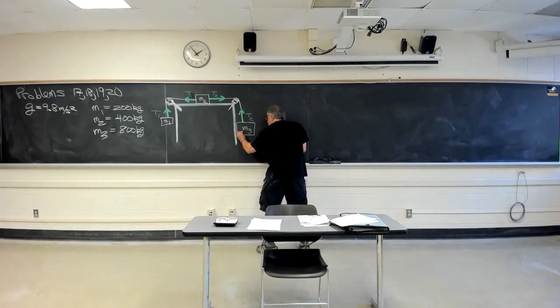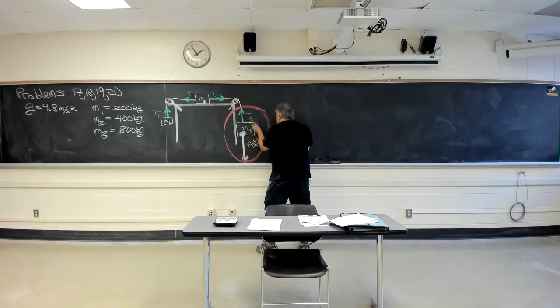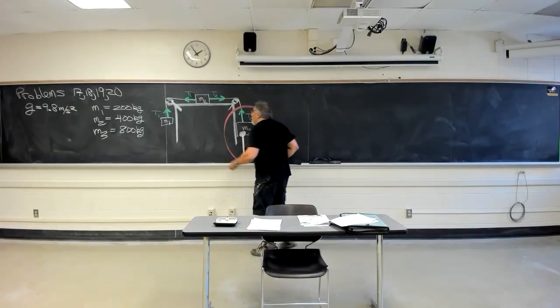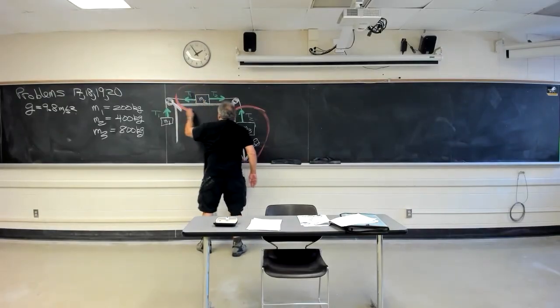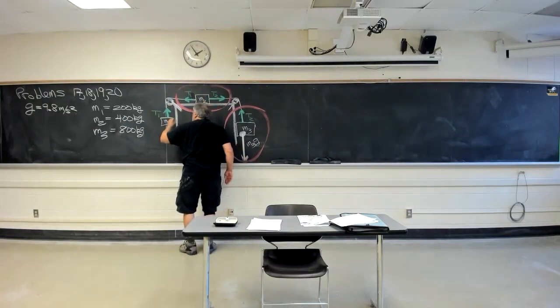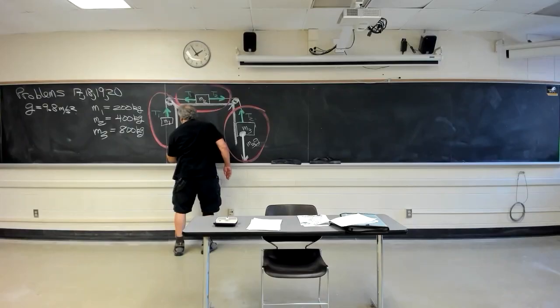If this thing right here is the most massive, and it's pulling down like this, M3G, this location here, and then this location here, let's actually number them. And then this location here,